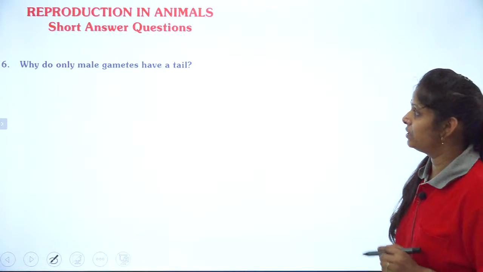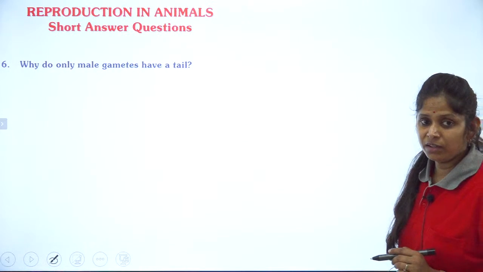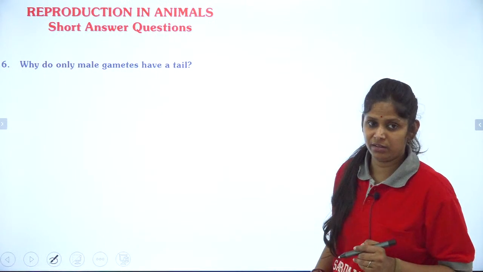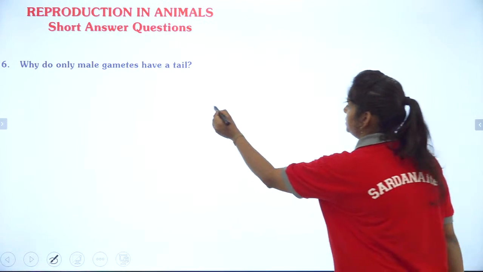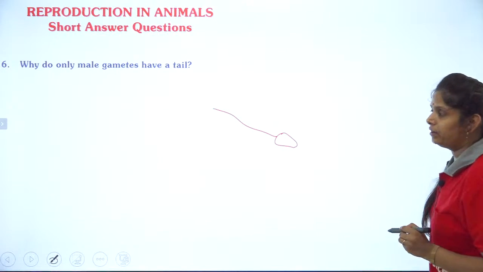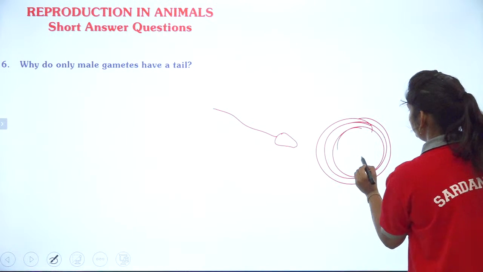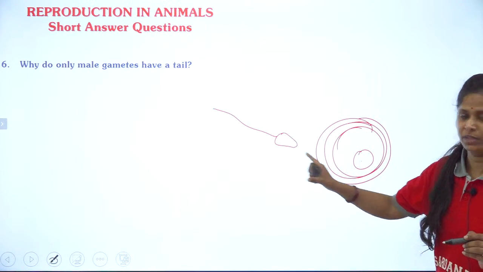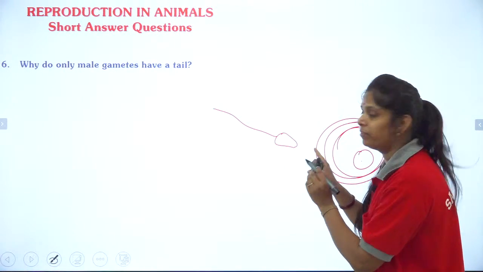Now question number 6. Why do only male gametes have a tail? Why do female gametes not have a tail? It is asking about male gametes. You know the structure of male gamete. These are just like this. And this is the structure of female gamete. This is egg and this is sperm. So you know they have tails. Why? Actually they have tail